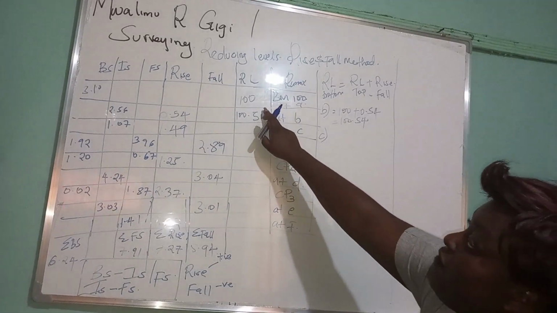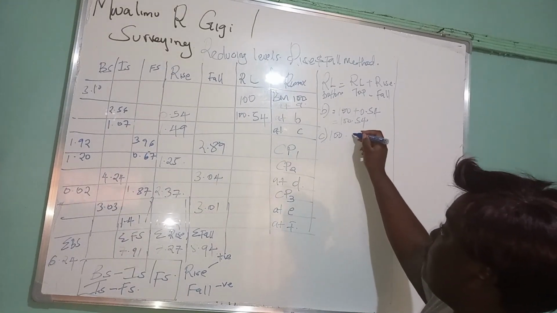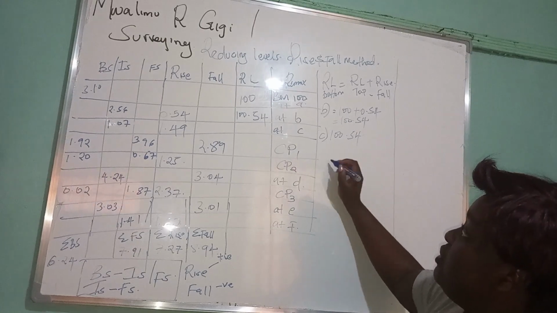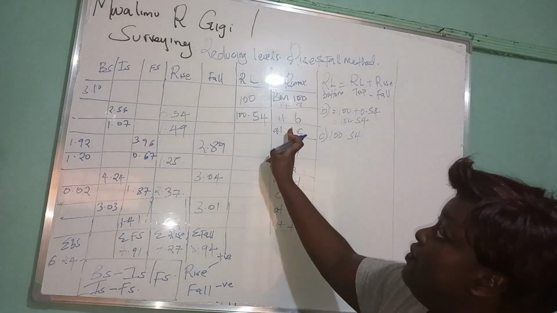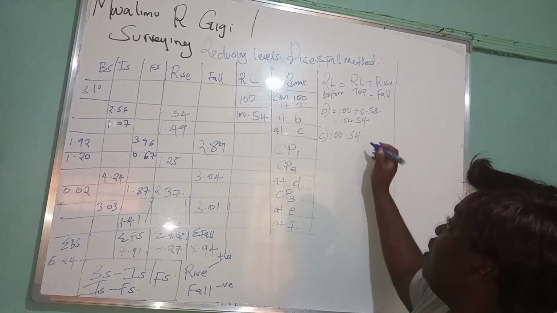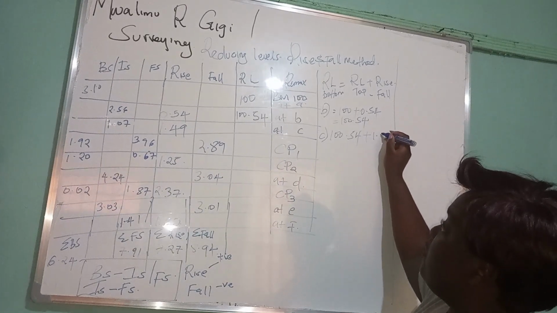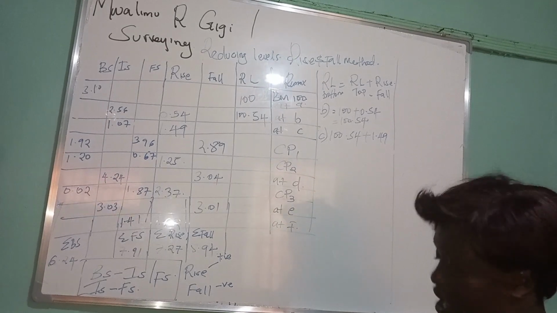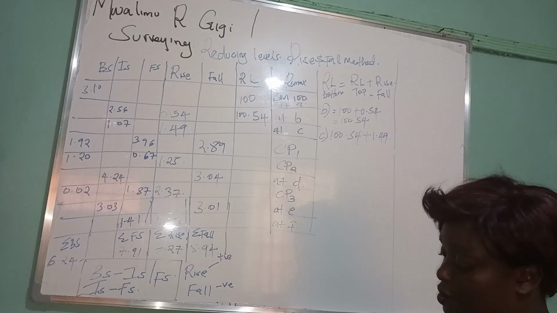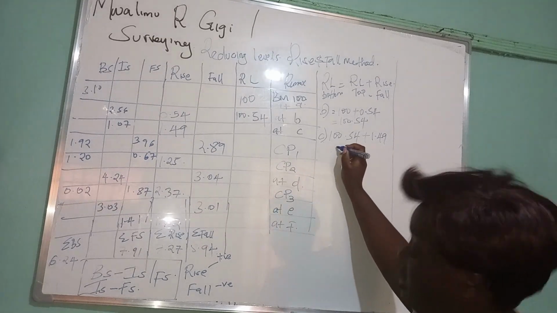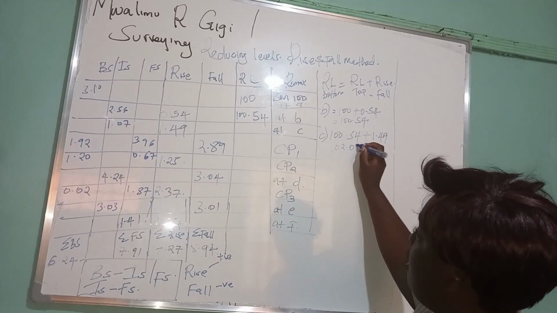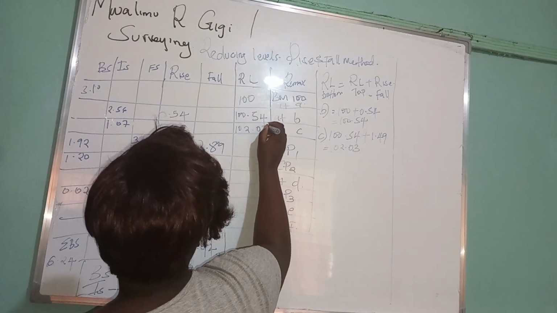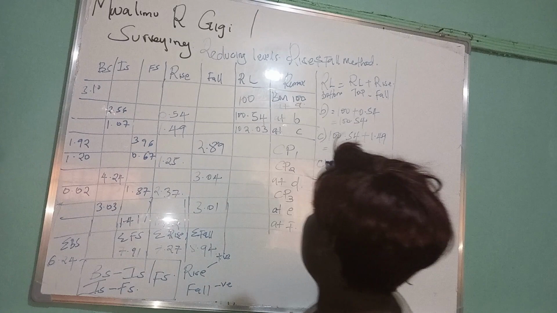At point C, we have the reduced level at the top as 100.54. Then at point C we have a rise of 1.49. So plus 1.49. So it is 102.03. At change point 1,